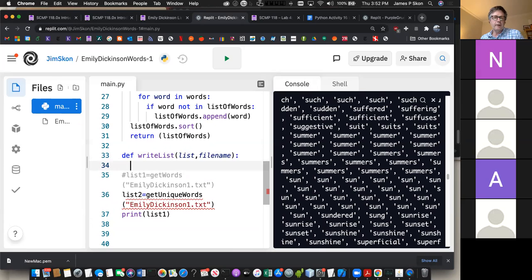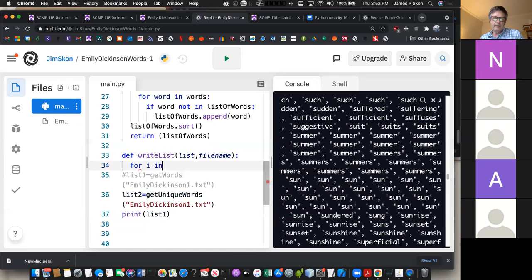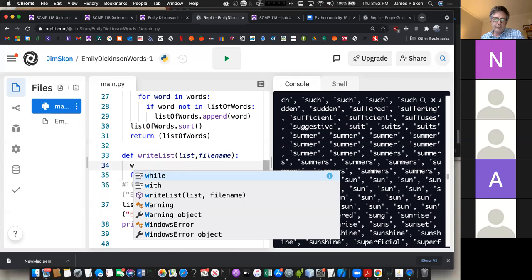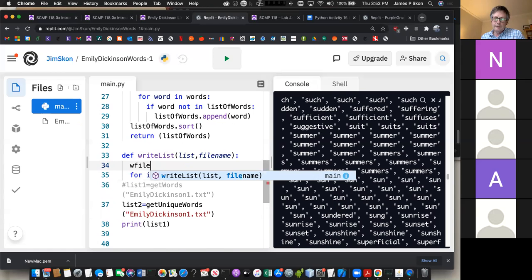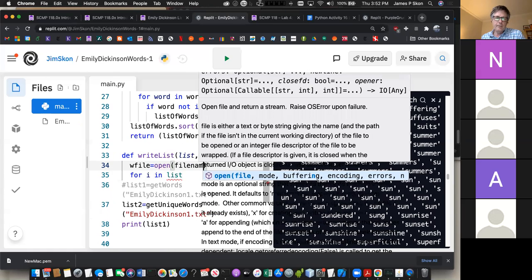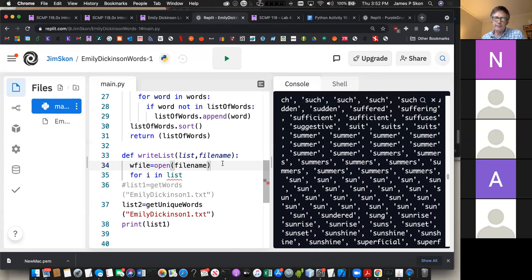What could we do here? We could just simply say for i in list. Well, before we do that, we've got to open our file, don't we? So I could say w file, for write file, is equal to open file name. So I can open a file up,